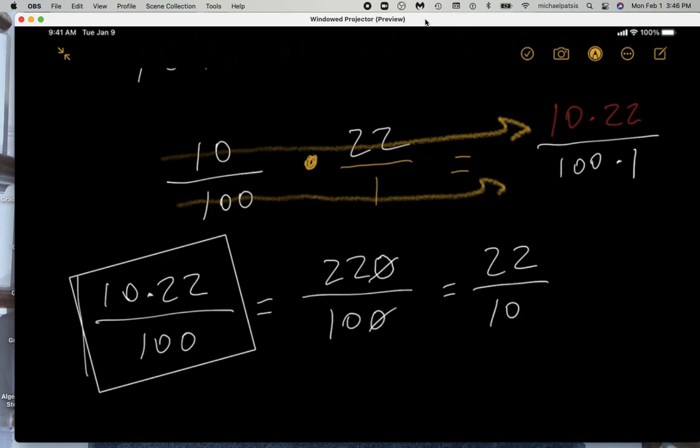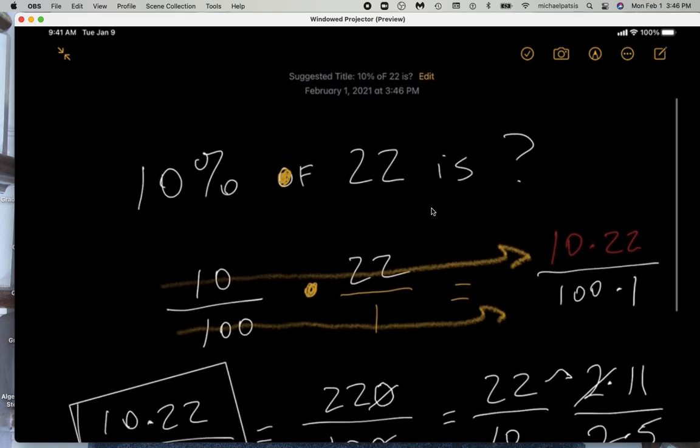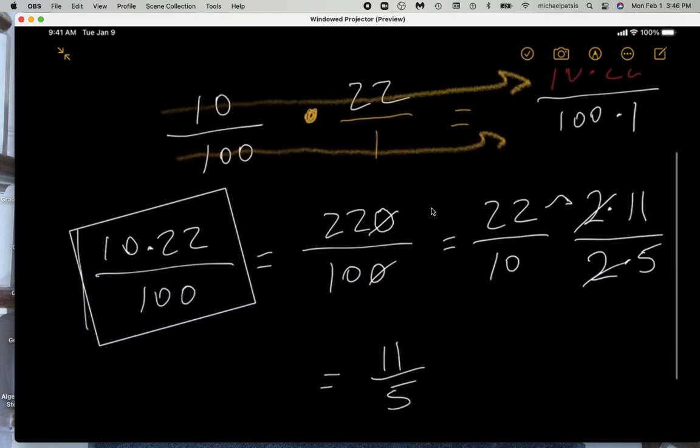We could now reduce the 22 into 2 times 11. And we can reduce the 10 to 2 times 5. These 2's cancel out. So our final answer is 11 over 5. Looking back at the original, 10% of 22